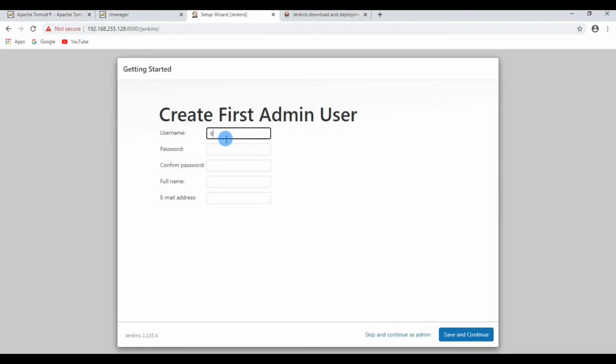We can skip this, it is a choice, but I would like to create one user ID for this demo purpose. Let's enter the user ID, password, and reconfirm the password, and you will have to enter the full name and your email address. These are all mandatory fields, you can't skip them. Save and continue.